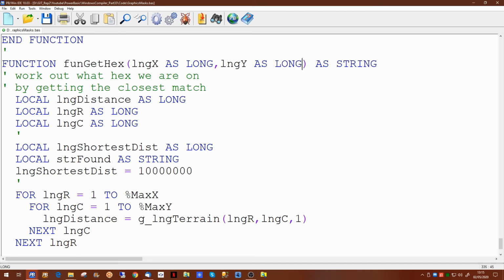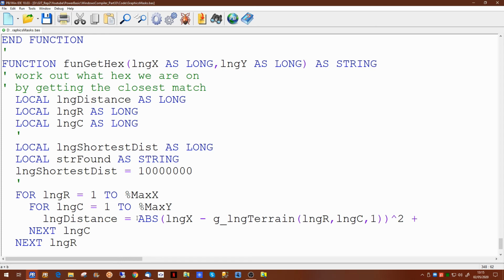So since that's the coordinates that come in, we'll take the long x and we'll subtract from it the value we've got in our first hex. Now if this gives us a minus figure, we don't want the minus figure, so we use the abs command to turn it into the absolute value, which basically loses the sign. So if long x minus the train value is minus 5, it comes out as 5. So we basically want to square that value,